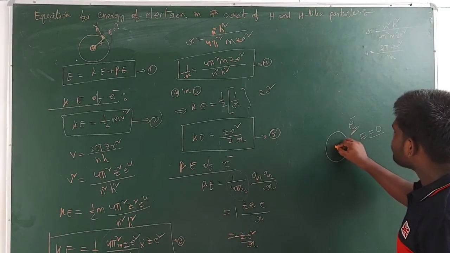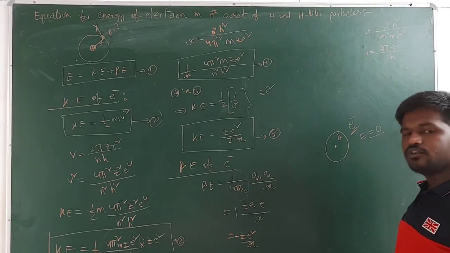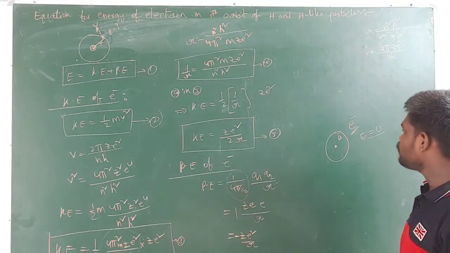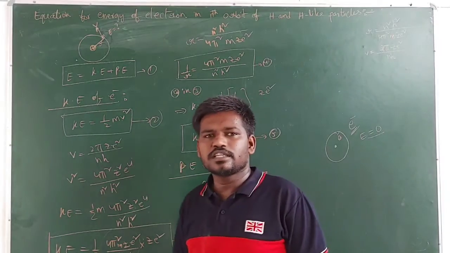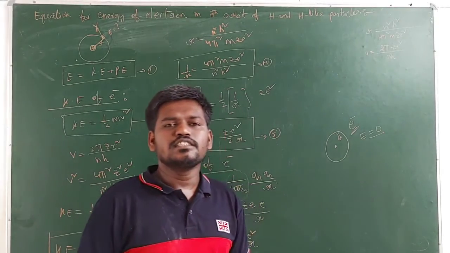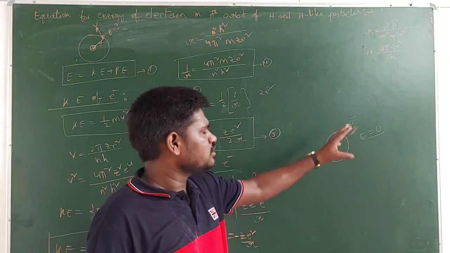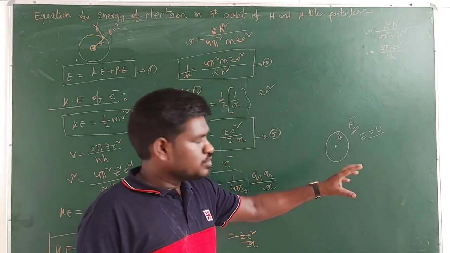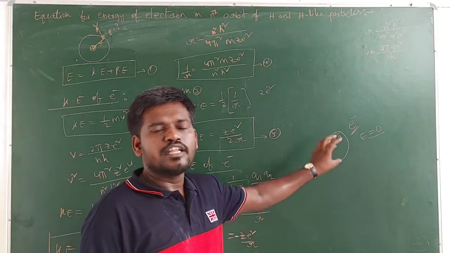Now when an electron is present inside of the atom, the electron is attracted by the nucleus, which means there are some attractive forces. When attractive forces increase, the stability of the atom increases. If the stability of the atom increases, what about energy? Energy should decrease. So maximum energy is 0. Then if the electron energy decreases, it means you have to take negative values for